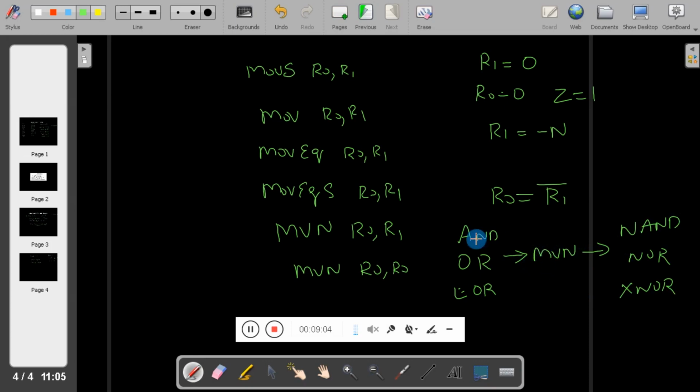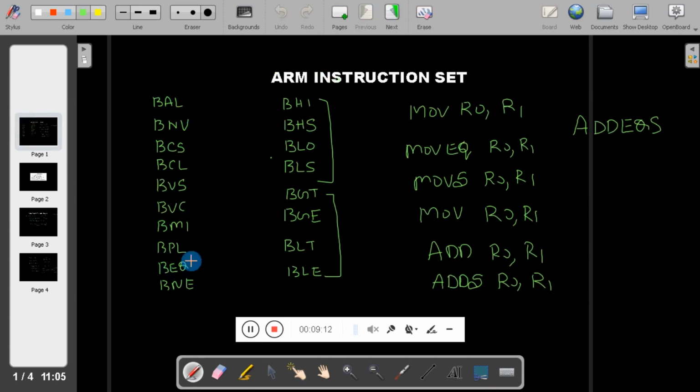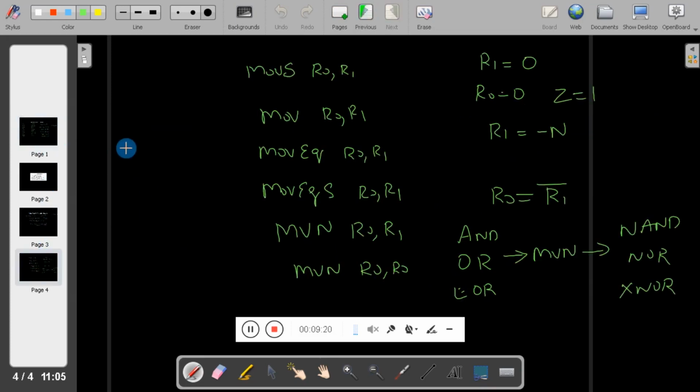So similarly, students, here you see MOVEQ R0, R1. In my previous video I told you there are many branch instructions. Suppose you take this instruction, branch if carry is set. The same thing you can use here also. For example, MOVCS R0, R1: if the previous operation results in carry set, then R1 will be moved to R0. Move if the previous operation results in carry clear, then R1 is moved to R0. That is the meaning of it.